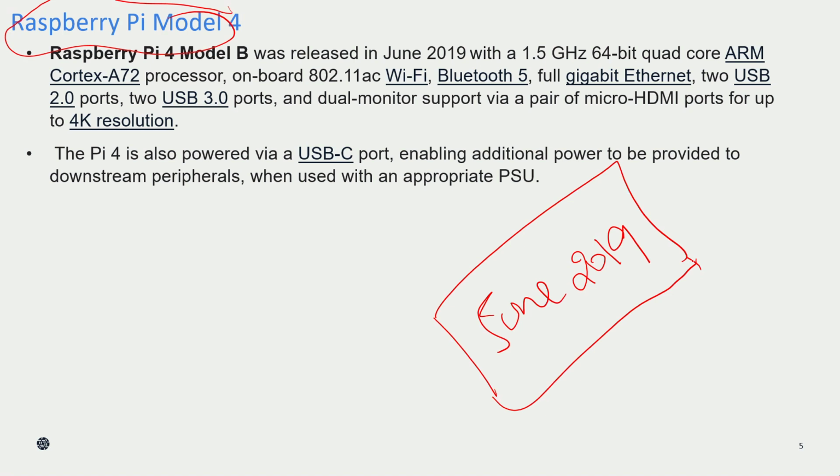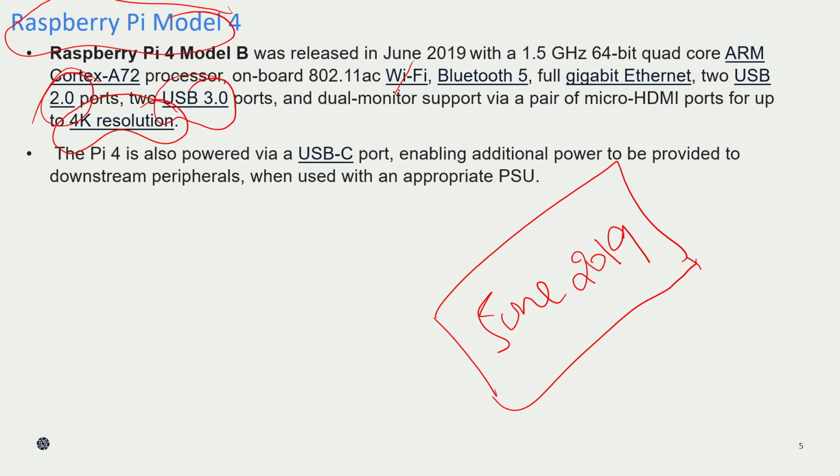This is very important because they introduced 4K resolution. They introduced two USB slots, USB 3.0 and 2.0. Again, they extended the internet capacity. The Wi-Fi model and the Bluetooth version have also changed, and they introduced a USB-C port. That is another important change.